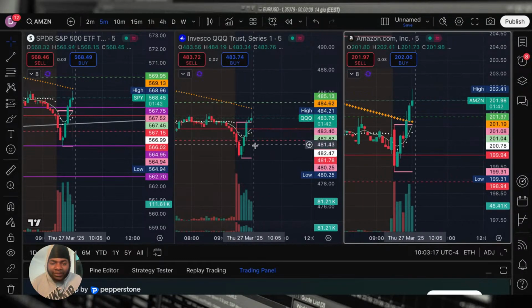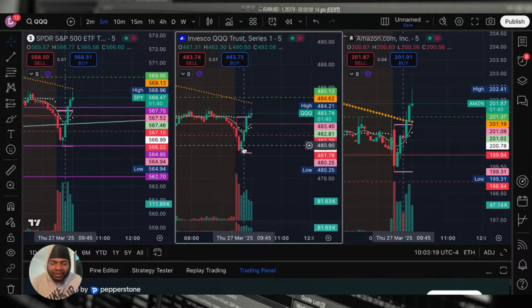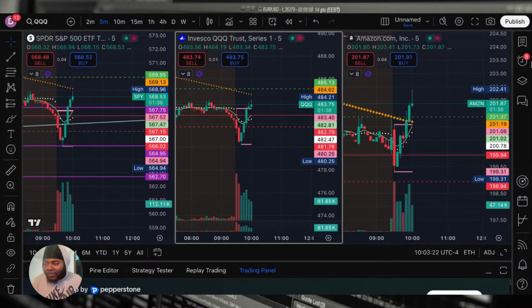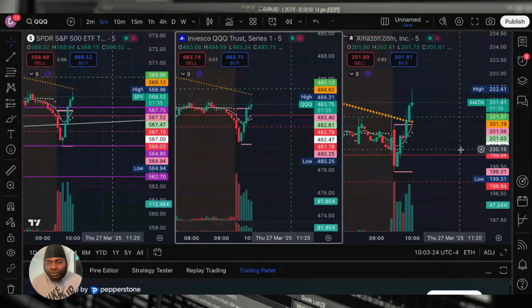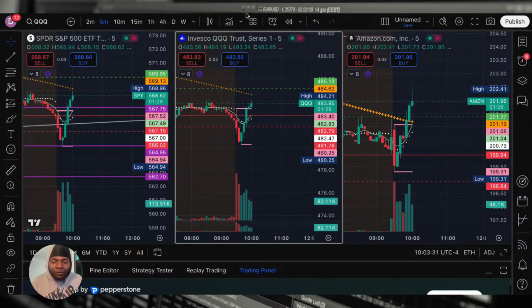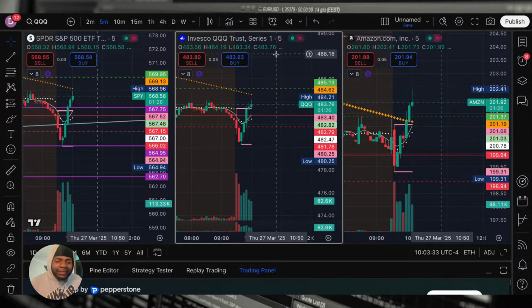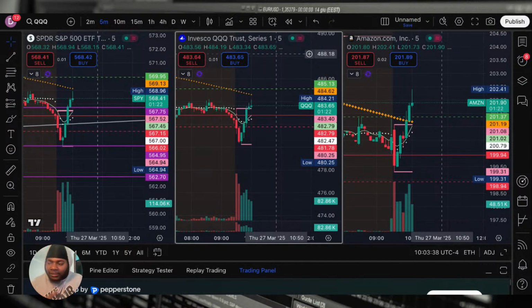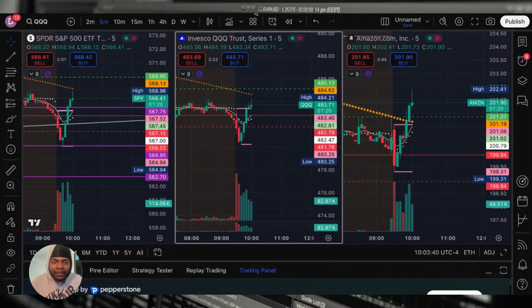So yeah, we got stopped out on QQQ down here with a small loss. I was only using one contract, so I got half of that back on that one contract. I told y'all, if I have one or two red days in a row, like I did last week, a couple days ago, I go back to one contract, get my mojo back, and then go back to full play. I usually put about $1,000 in each play.